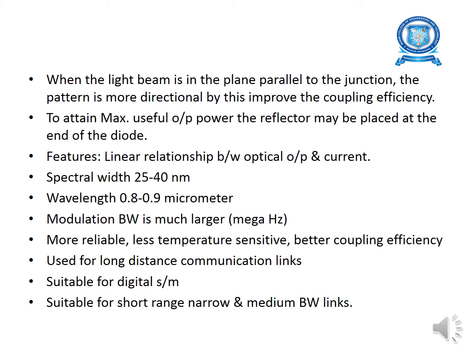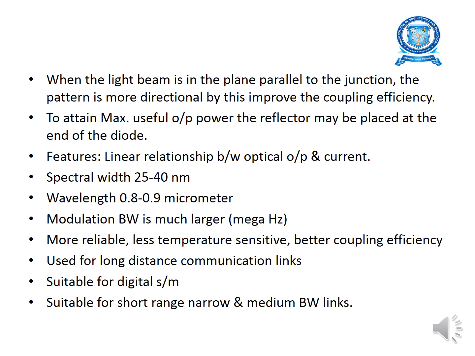The advantages of edge emitting LED compared to surface emitting LED are as follows. The edge emitting LED has a better modulation bandwidth, of the order of hundreds of megahertz, than a comparable surface emitting LED structure. The coupling losses with surface emitters are greater, and they have narrow bandwidth. An edge emitter couples 7.5 times more power into a low numerical aperture fiber than a comparable surface emitter.